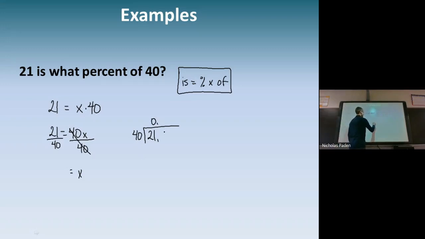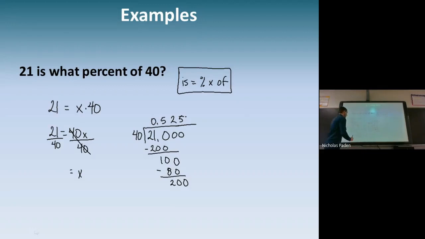So we'll put our decimal point here. 40 does go into 210. It goes in there 5 times. Subtract 200. We're left with 10. Pull down another 0. 40 goes into 100 twice. Subtract 80. And it goes into 200 exactly 5 times. So we get x equals